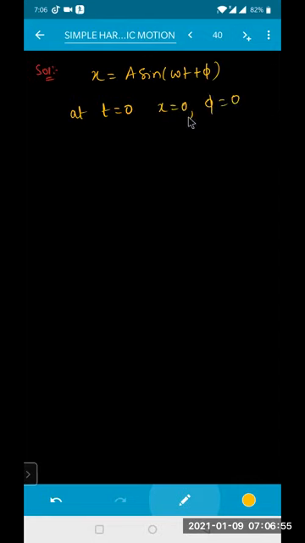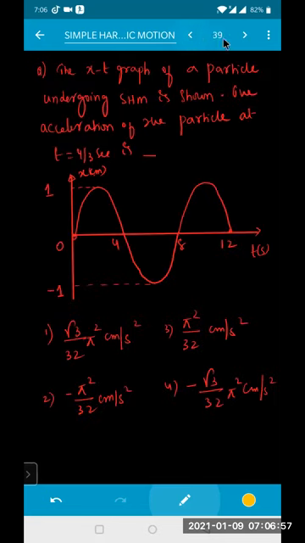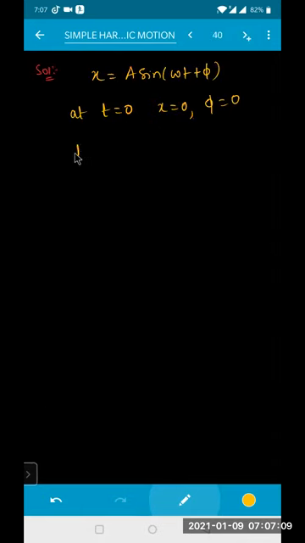So what is the equation of an SHM? x equals a into sine of omega t plus phi. General equation. Now you know that at t equals 0, that is your origin, x equals 0, so the phi value is also 0. And one complete time period is how much? From here to here, this positive and this negative is one complete cycle. So the time period is 8 seconds. So capital T will be equal to 8 seconds.